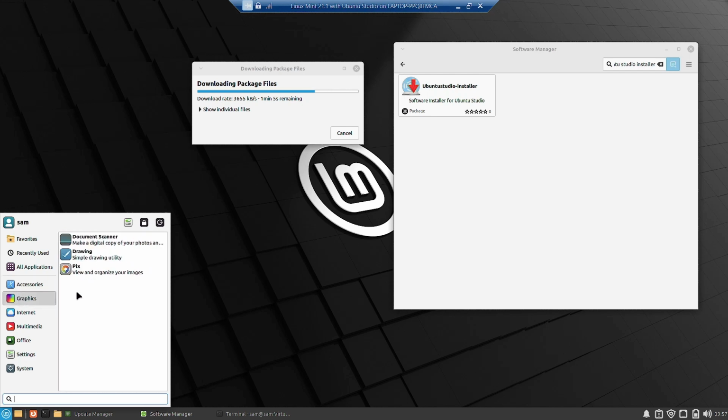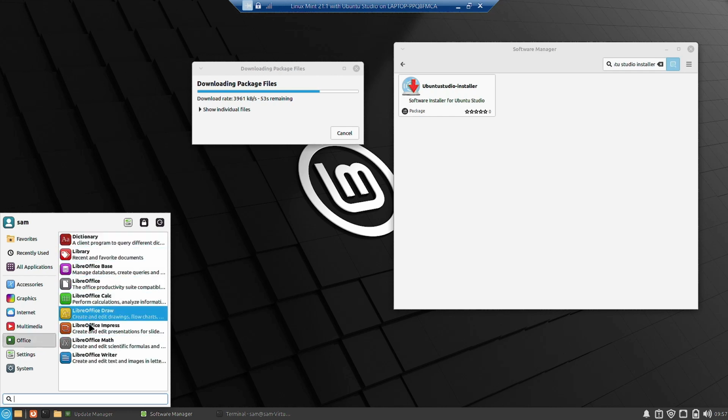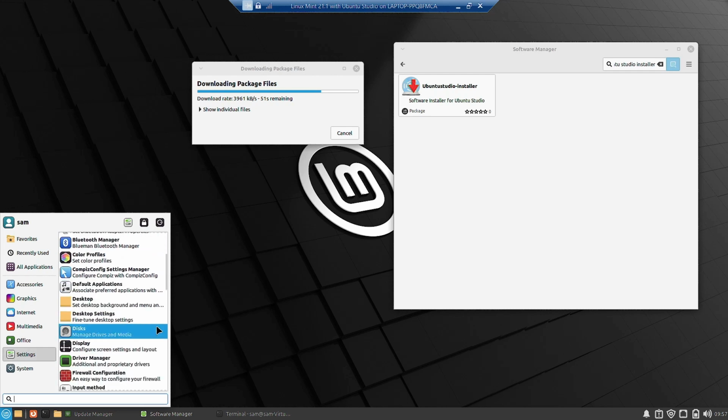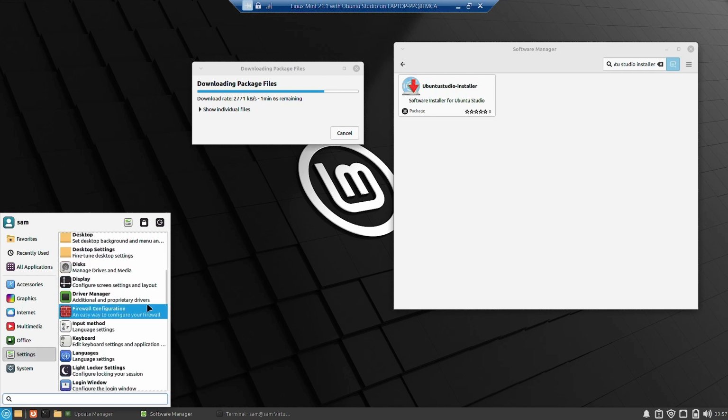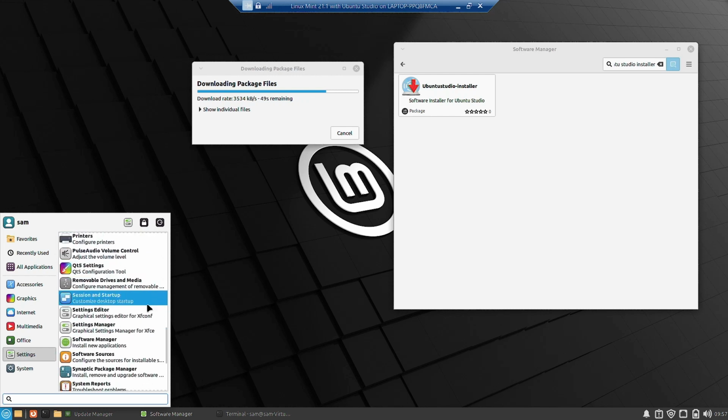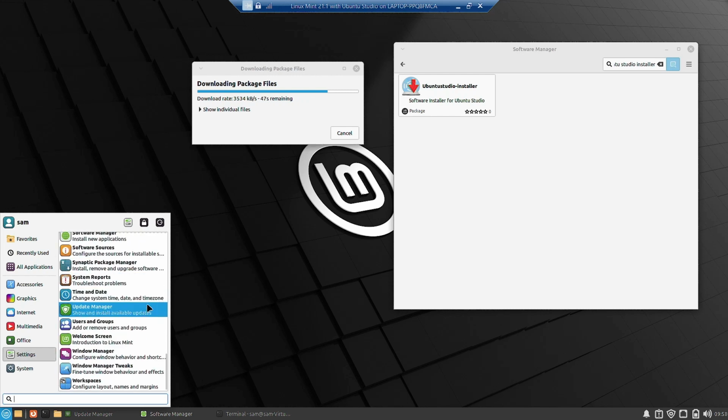Now let us check out the graphics section. Only 3 applications are there. In internet, 5 applications are there. In multimedia, 4 applications are there. In office, these are the applications. This is the settings menu. You can just take a look, remember, and later we will compare this. So this is what is available in the standard Linux Mint 21.1